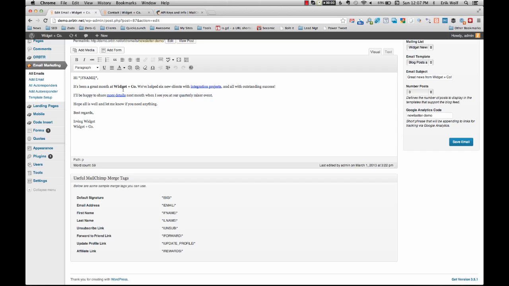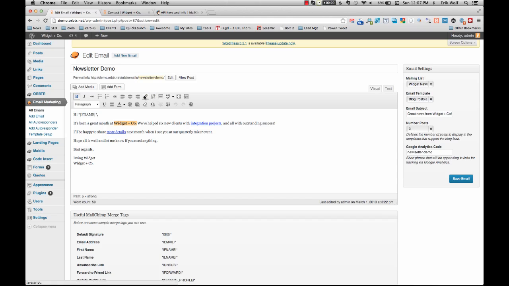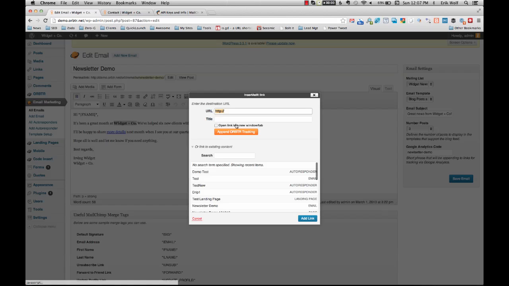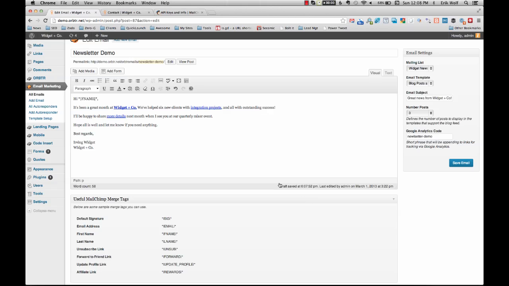We've added a functionality here to provide for automatically adding tracking links to any of your text content. So what we do is we just add a link, just like we normally would. And let's say I want this to go to my home page. All I do is click this little orange button. Once I've got my link in there, append Orbtr tracking, and boom, that is now a trackable link, and anybody who clicks this link is going to be automatically added to the